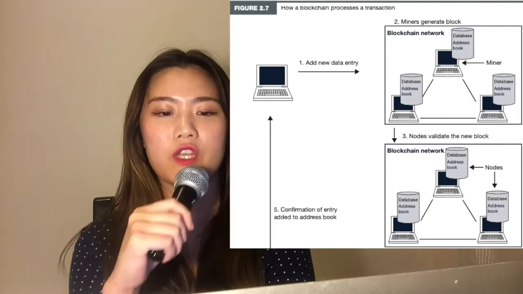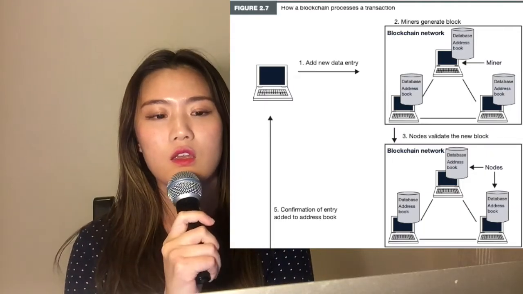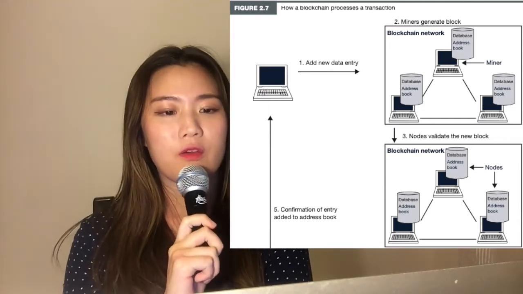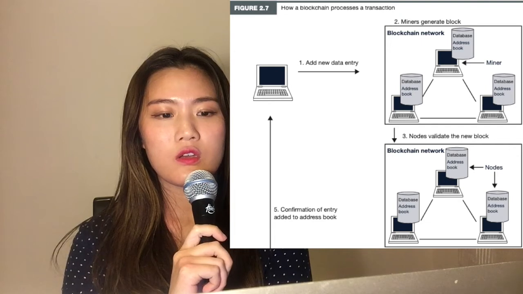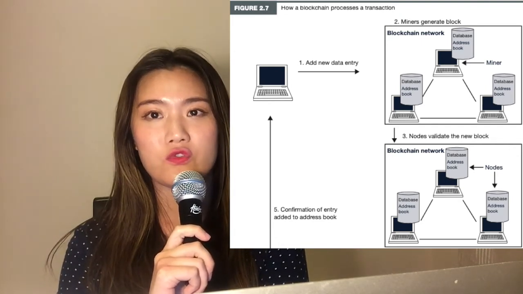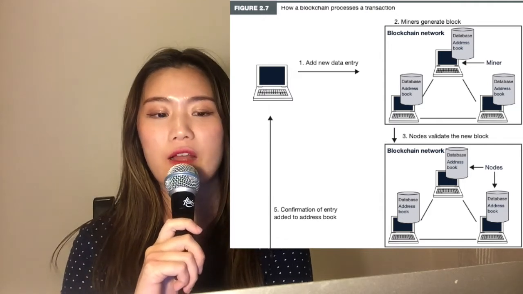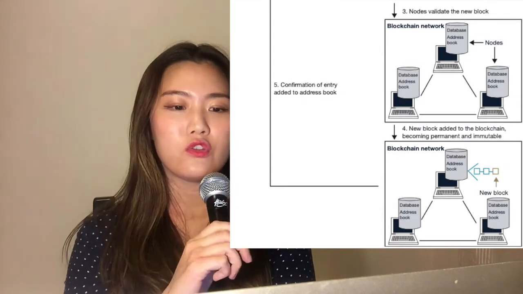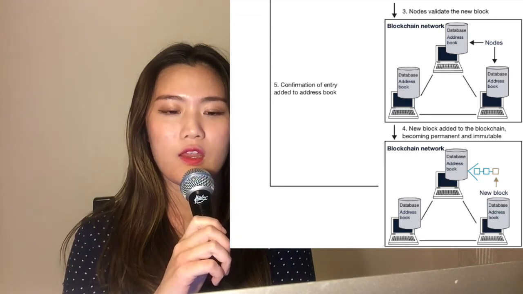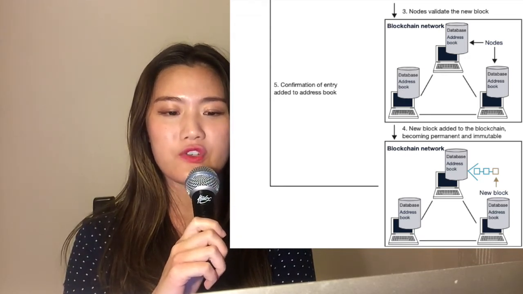So how does a blockchain process a transaction? It first adds a new data entry, and the miners generate a block. Miners are the nodes that specialize in adding new data to the blockchain. The nodes validate the new block, which is added to the blockchain and becomes permanent and immutable, and